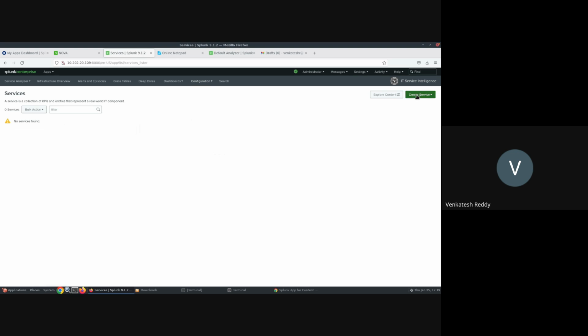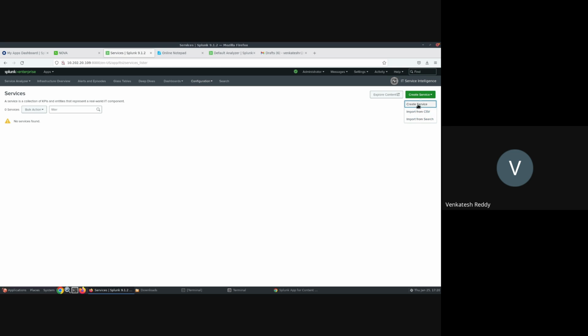If you want to create a service here, you can create it in 3 different ways. You can directly create a service here, or you can import from a CSV file, because we had an onboarding whiteboarding session where we did service decomposition, and based on that we can build the CSV file, or you can import from a search. I will explain everything here: how we create a service manually, by importing a CSV file, and by importing from a search. You can decide which one suits you.